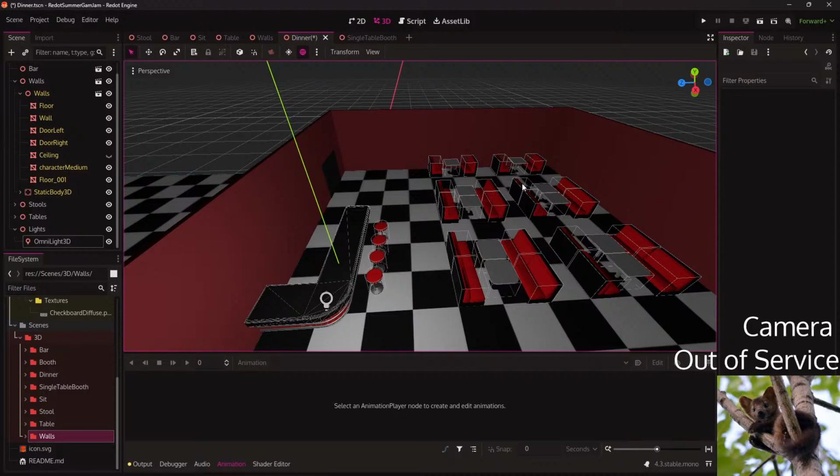Your dream is to be able to make games. Can you point me to where you should go to learn Godot and GDScript? It really depends on what kind of game you want to make. But if you want to make 3D or 2D platformer games, the Brackeys channel, B-R-A-C-K-E-Y-S, has very, very good videos.